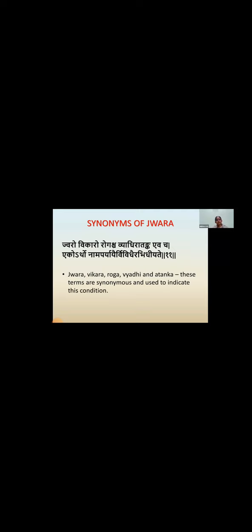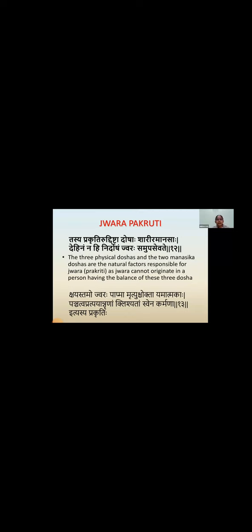So coming to the Jwara Prakriti, or the nature of fever, or how it happens, what are the different factors responsible for the occurrence of Jwara? It is mentioned: Tasya Prakriti Ruddhishta Doshaha Sharira Manasaha Dehinam Nahi Nirdosham Jwara Samupasevate. That means the three doshas in our body, Vata, Pitta, Kapha, and the two Manasika doshas, Rajas and Tamas, are also important for the occurrence of Jwara, because Jwara will not happen